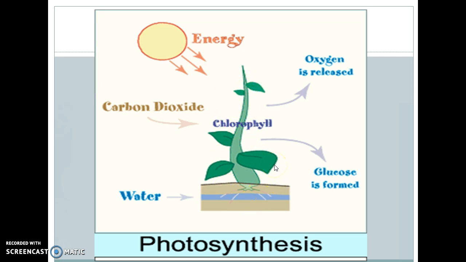Now, when this all occurs, it creates glucose, which is its food. And when that happens, the plant will then release oxygen, which humans and animals benefit from. Now, this cycle repeats itself because humans and animals release carbon dioxide, and it will just repeat and repeat and repeat. So, if you need to review this further, please go ahead, start the lesson all over again, and we will review this and continue our